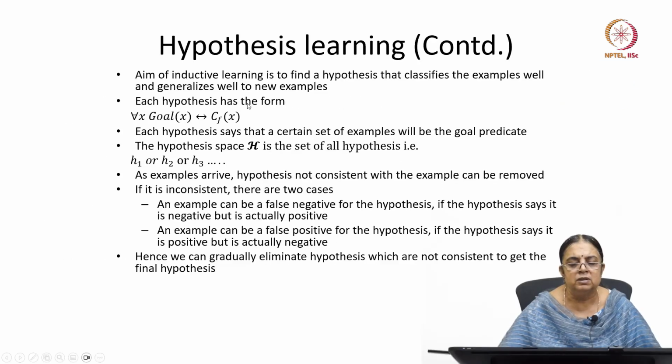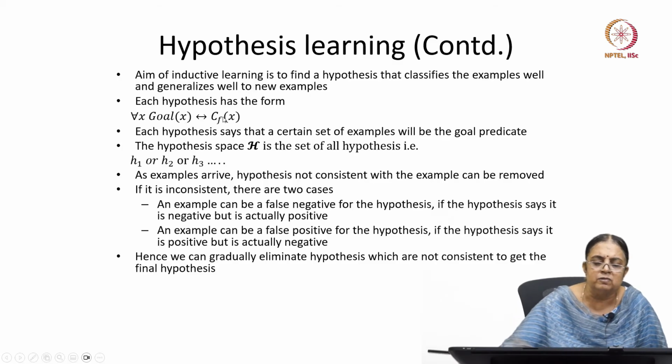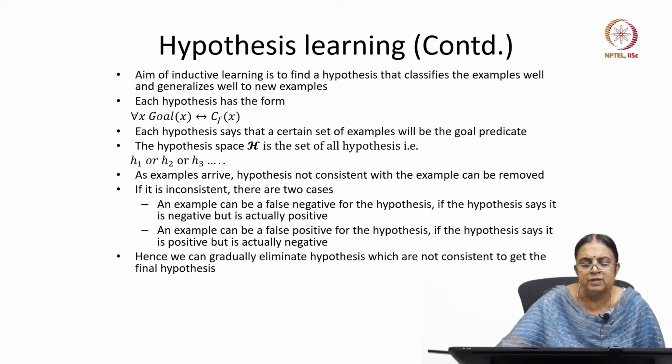The hypothesis is of this form, that is, for all x, goal x if and only if Cf of x, right. So each hypothesis says that a certain set of examples will be the goal predicate basically,